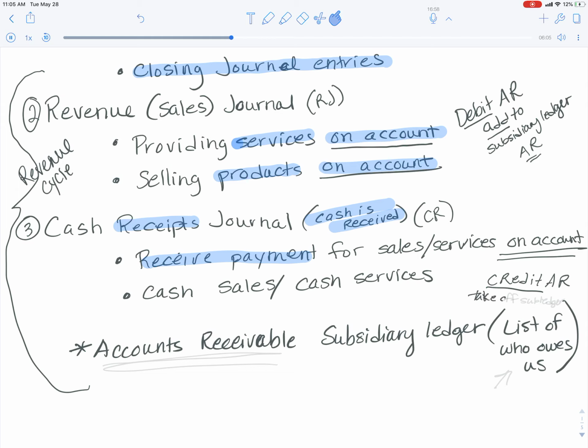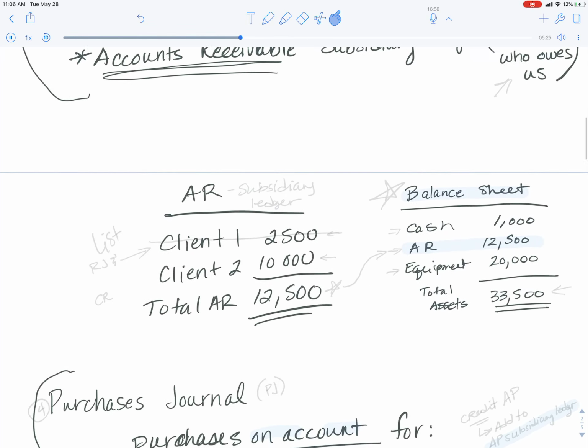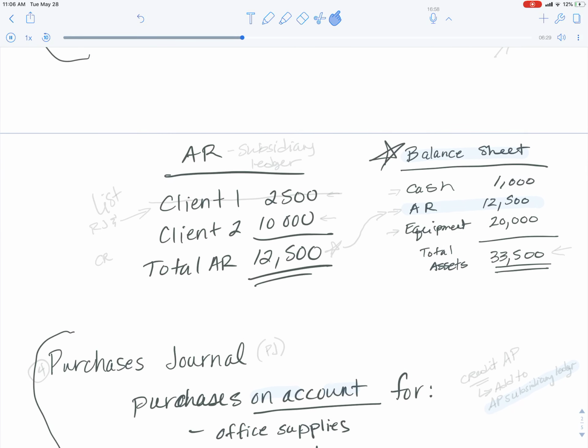Well, when we're looking at the balance sheet, we can't really tell who owes us this $12,500. So we need to create an accounts receivable subsidiary ledger, which is a list. All it is is a list of who owes us. So client number 1 might owe us $2,500, and client 2 owes us $10,000. So there's our total $12,500, which is just going to be the list of people who owe us that balance